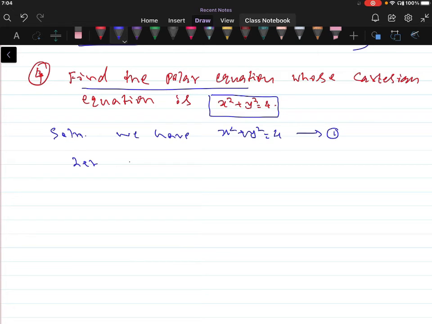So we know that x is equal to r cos theta and y is equal to r sin theta. These are the Cartesian coordinates in terms of polar. Let us call it equation 2. Now substitute equation 2 in 1, we get